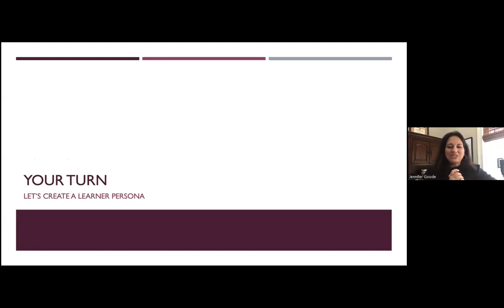Let's work together and talk about what learner personas are. That would be a fun thing that is related to some of the work that you've done in technical writing, and that we could easily pivot into a learner-centric document and turn it into something that would be valuable in the ID field. Sound good? Before we do this, does anybody have any questions or comments?